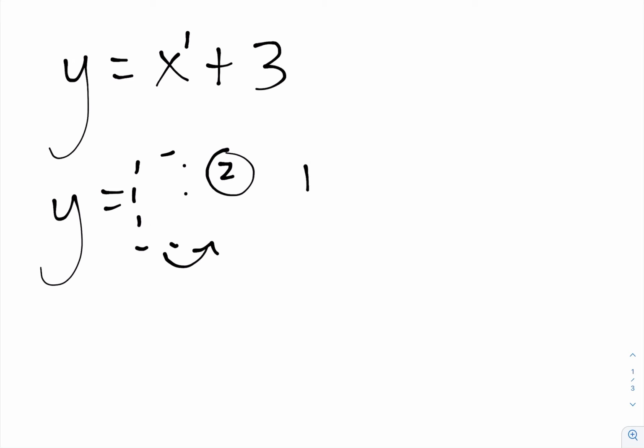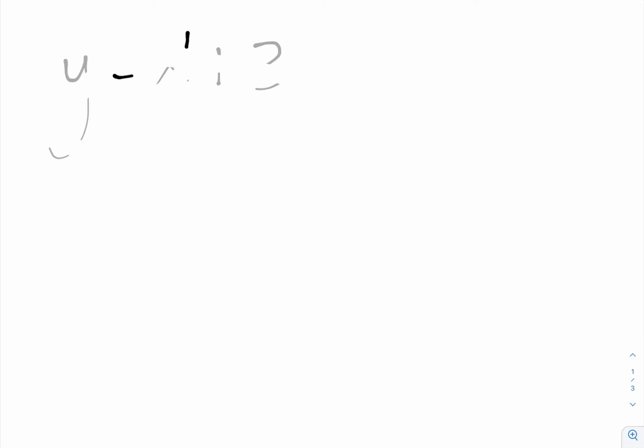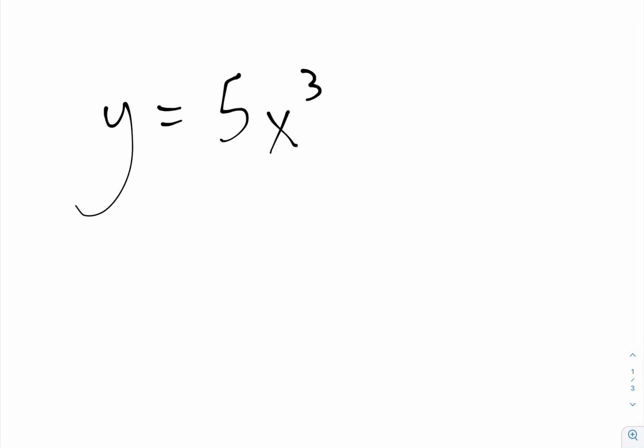The exponent is just the value that the variable is being raised to. So in y equals 5x to the power of 3, the coefficient would be 5, that number in front of the x, our variable, and the exponent would be 3 because it's in the top right-hand corner above our variable. Okay, so now that we know the rules for what polynomials are, let's get into